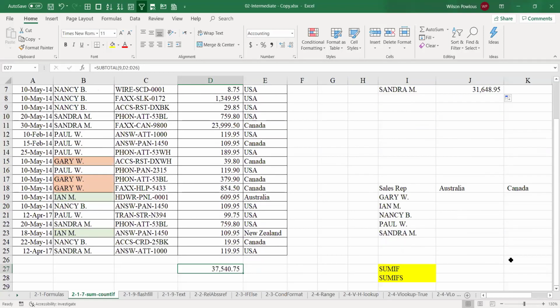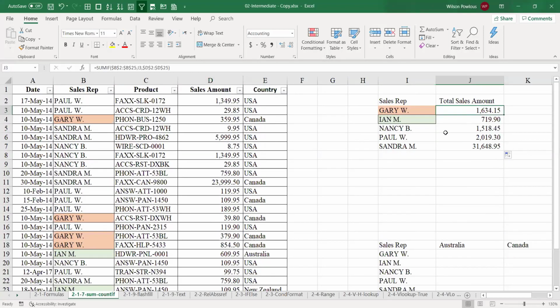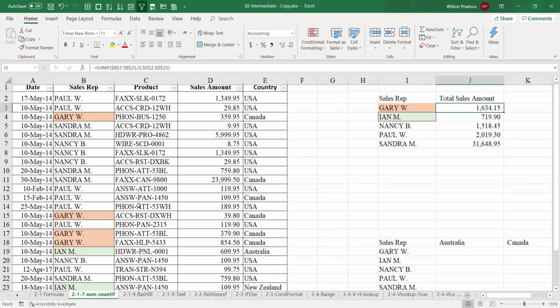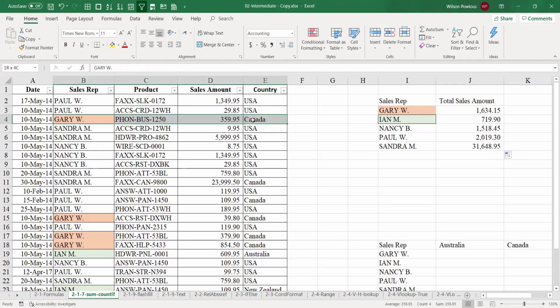Okay, we'll do one more thing. What we have seen is we looked at only the sales representative. That means we looked at only one condition. Suppose I want to know what is Gary's sales in different countries, say in USA how much. So we know Gary's sale is 1634. Gary is here in Canada, and this also in Canada, and this also in Canada.